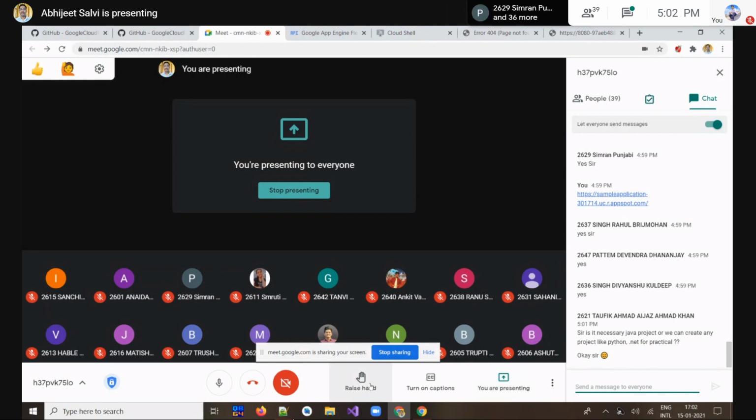But as I told you, we are just talking about a very small part of Google Cloud Engine. You have to understand that there are so many technologies out there, AWS, or you can pick up Google Cloud Engine. Anyone will be sufficient.